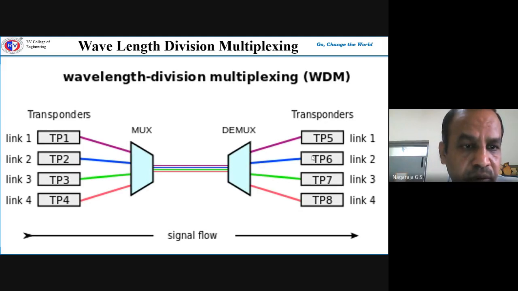We have a number of transponders, that is TP1, TP2, and so on up to TPn, from different links, which combine together using a multiplexing technique, and then your optical signals are going to be transmitted with optical fiber, and at the receiving side those signals are going to be demultiplexed and distributed to the